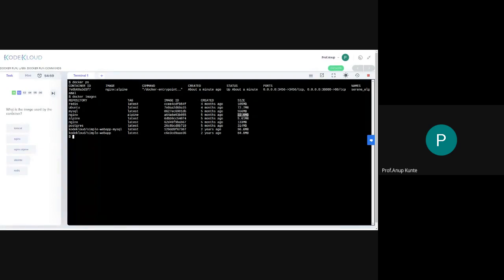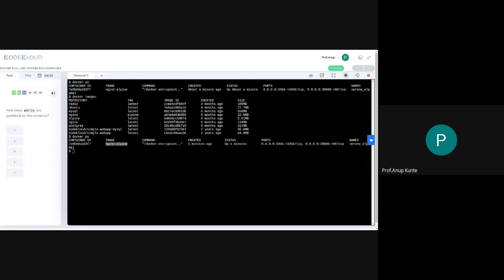So it asks what is the image used by the container. Okay, the container that we are executing, they are asking us what is the image that the container uses. So the image can be found out in this particular column, and since I had executed it previously, I'll just re-execute it to verify that the same container is still running. So nginx alpine is the image that is running. Okay, now the questions are easy, just to cross-check your understanding about what is a container, how it is executing, how it is running, etc.